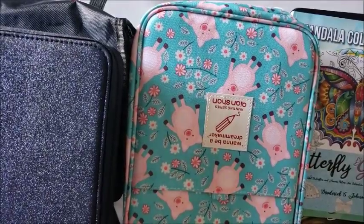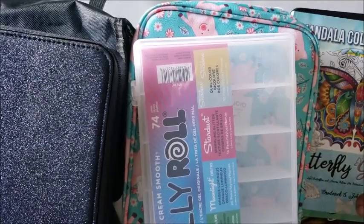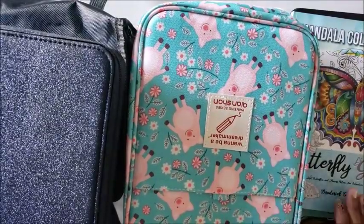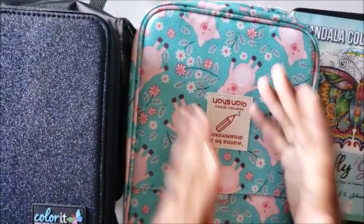Oh, also it included the jelly rolls. The jelly rolls weren't on sale, and actually right now they're 40 cents less than what I paid. Even though I'm not a fan, I will still use them. I will use them probably for accenting. So yeah, I'm pretty freaking excited about the haul that I got from Amazon, and I hope you are too,